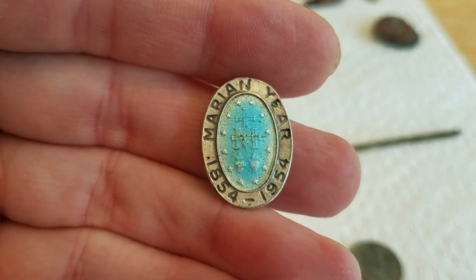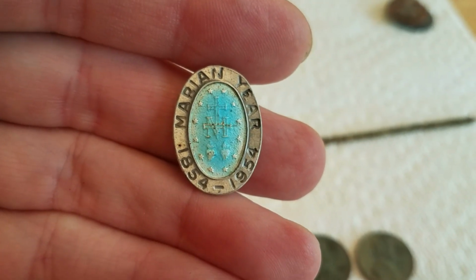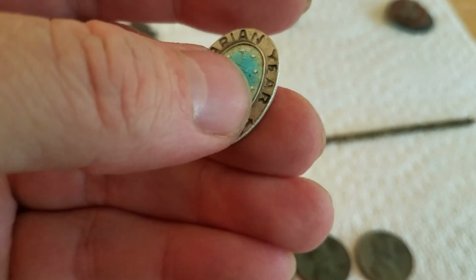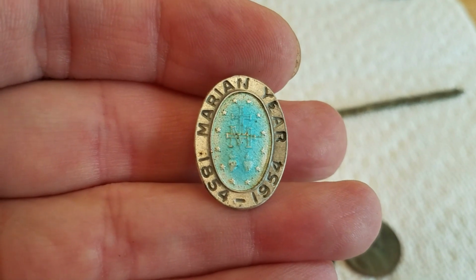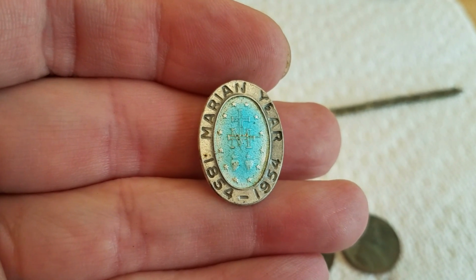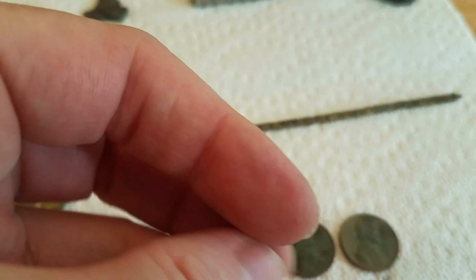This I think probably went to a rosary. It was on the end of a rosary, perhaps. It might have been a necklace or a pin. It could have, but I think it might have been part of a rosary too. Any of those options are possible. But what this is, it says Marian year, 1854 to 1954. And what that is